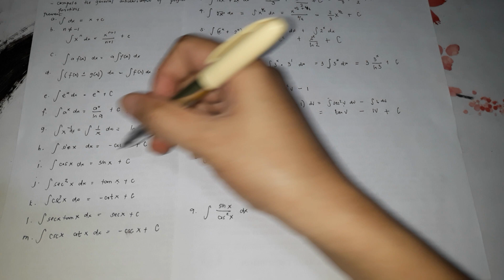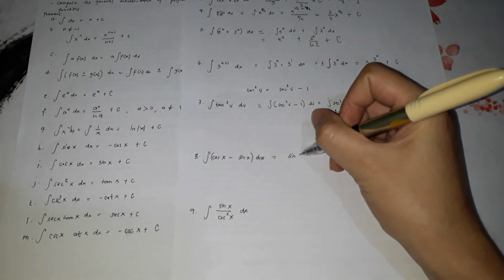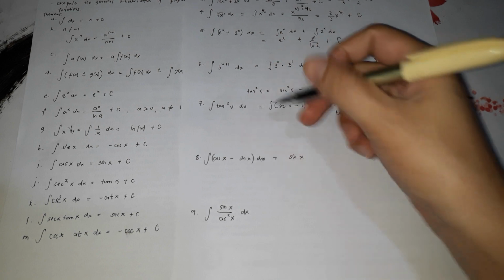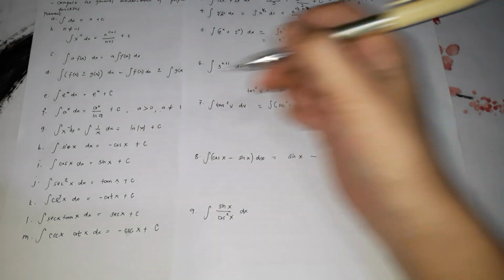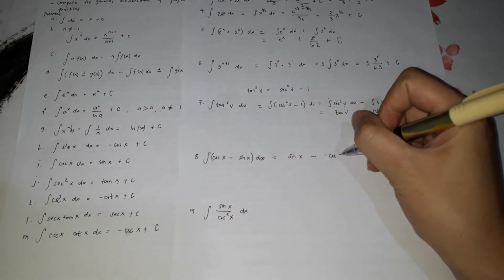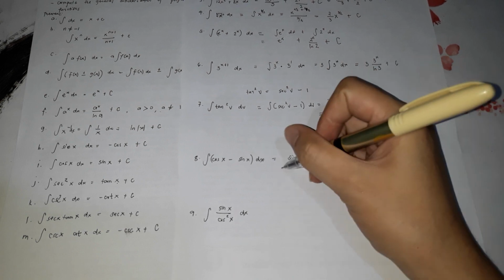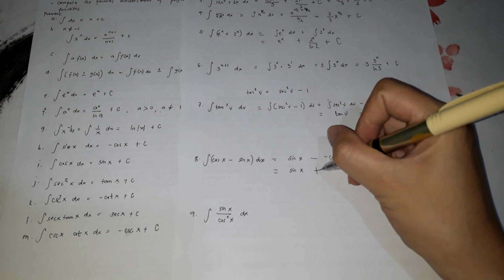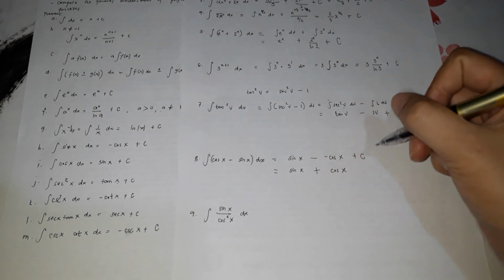the derivative of cosine is sine x, antiderivative rather, sorry for that. The antiderivative of sine is negative cosine, so negative cosine x plus c. Which simplified, negative, magiging positive, cosine x plus c. For number 9,